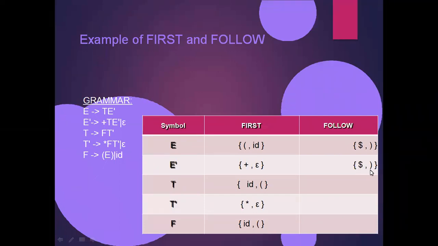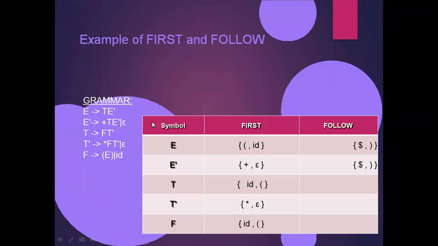Dollar, comma, closed parenthesis. Now constructing for the T, and here we're having the T. In rule 1 and rule 2 we're having T, and this becomes a capital B. And what the beta in both conditions? Beta is an E dash. What is first of E dash here? Plus. We are only taking a plus. We are eliminating the nullables in the follow. That's why we are only taking the plus. Plus union.